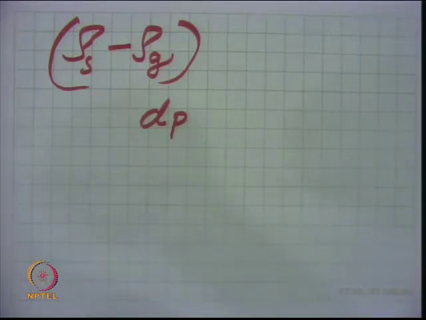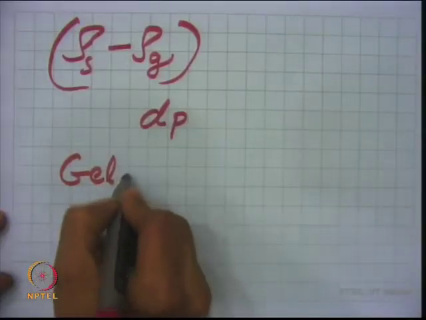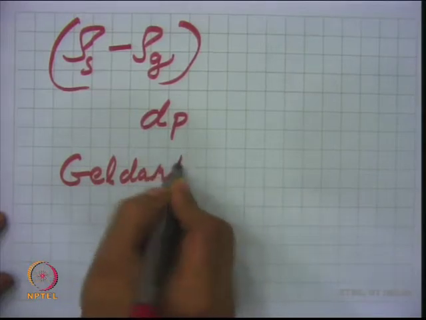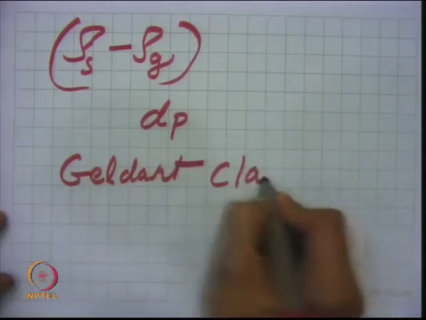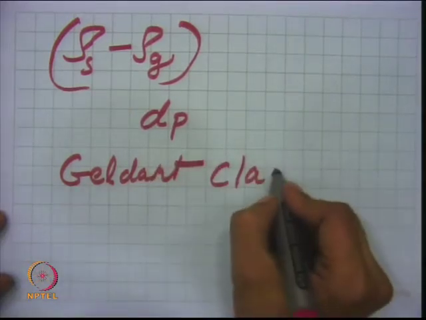The solid may be a cohesive type of solid, just like flour, right, and it may not fluidize easily. So, that is what the different characterizations or classifications of solids are, what we know as the Geldart chart. That is known as the Geldart classification, basically a classification given by Geldart.